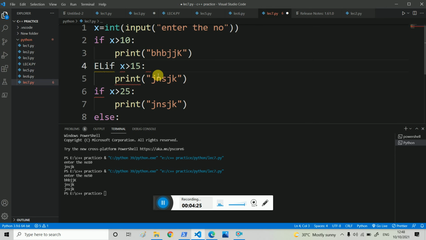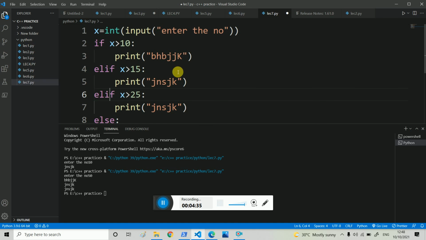Otherwise, if I write else if here, and again else if and else, only one will execute and the program will end. And here I write, let's say, 50.